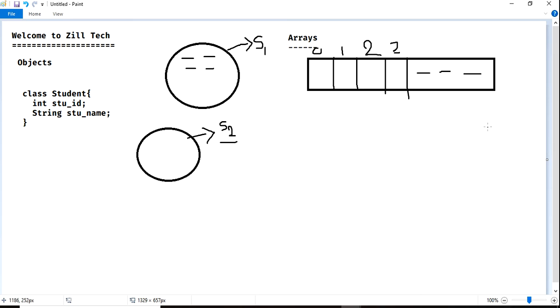And sorting these 100 objects is a risky process. You can store 100, but arrays are fixed length. If you create 10, you need to use 10 objects. If I want to use 5, there will be memory wastage.